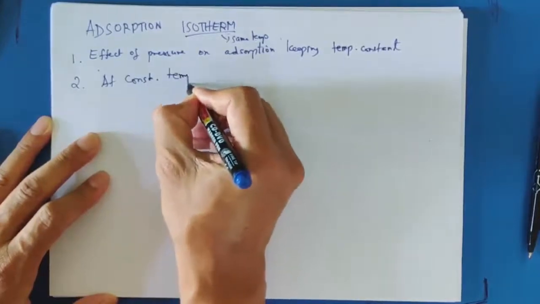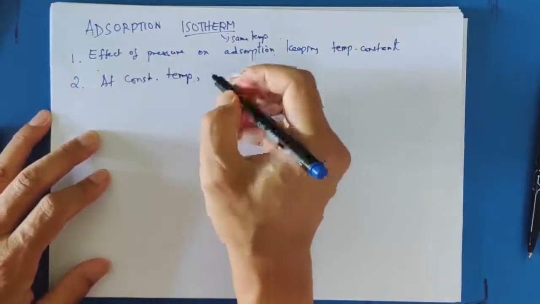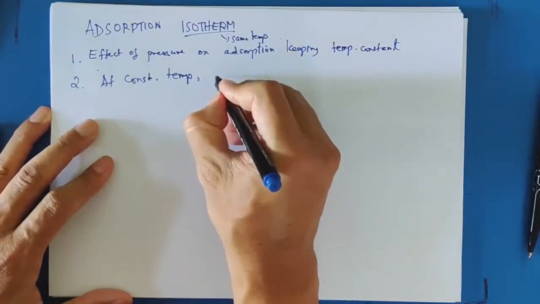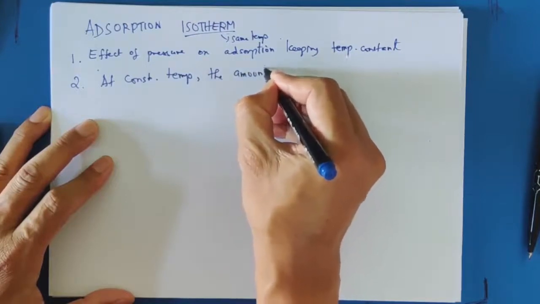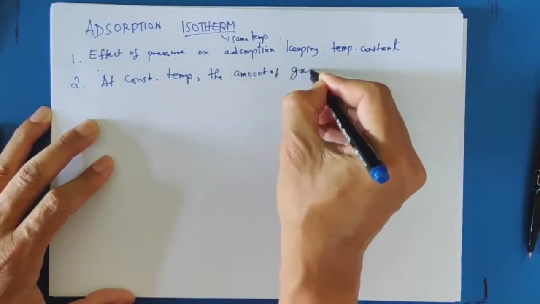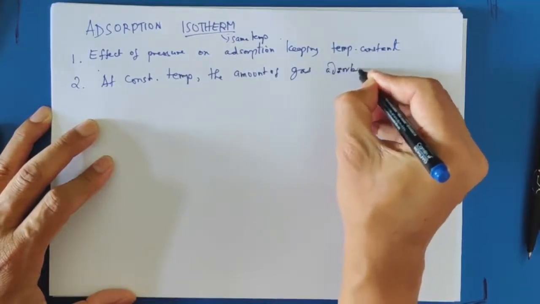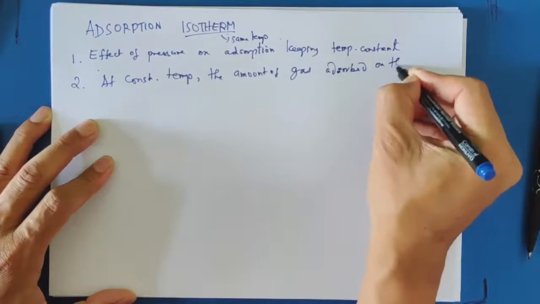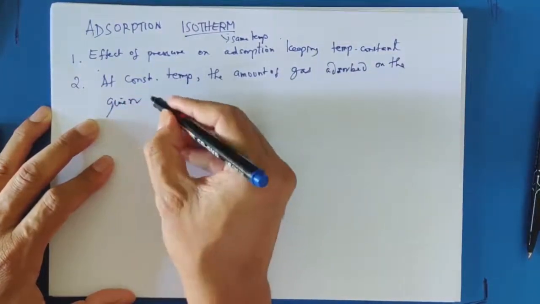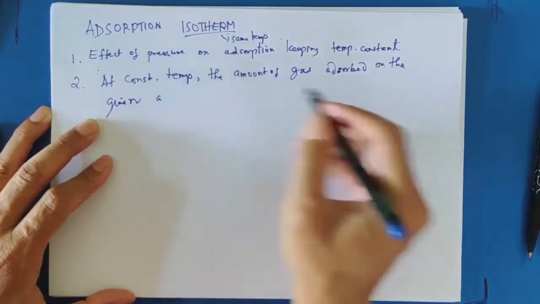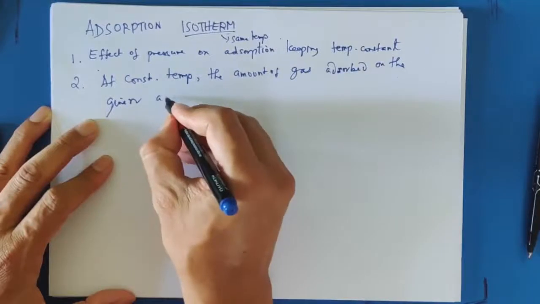At constant temperature, the experimental observation is that the amount of gas adsorbed on the given amount of adsorbent